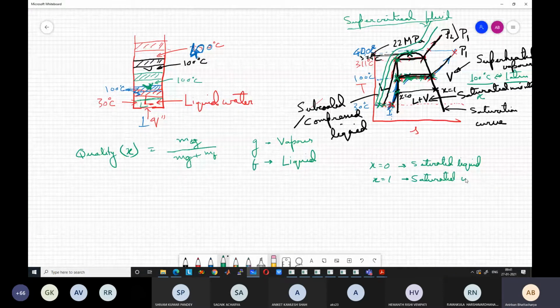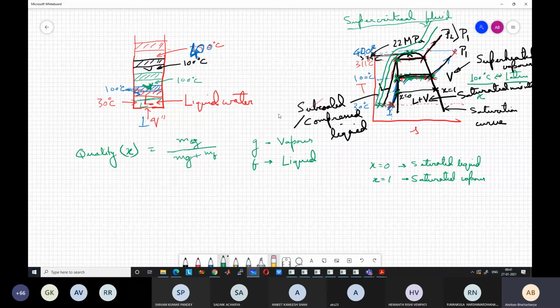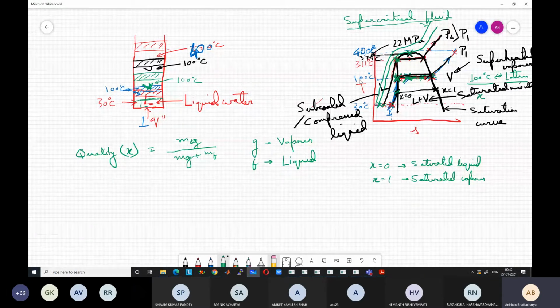Now coming to your point, say you have saturated liquid at 100 degrees centigrade, it is still liquid, correct? And what you are saying is that for the second case, we have saturated liquid at 100 atmospheric pressure, which is at 311 degrees centigrade. So in one case we have 100 degrees centigrade, but still saturated liquid. In another case we are at 311 degrees centigrade, but still saturated liquid.